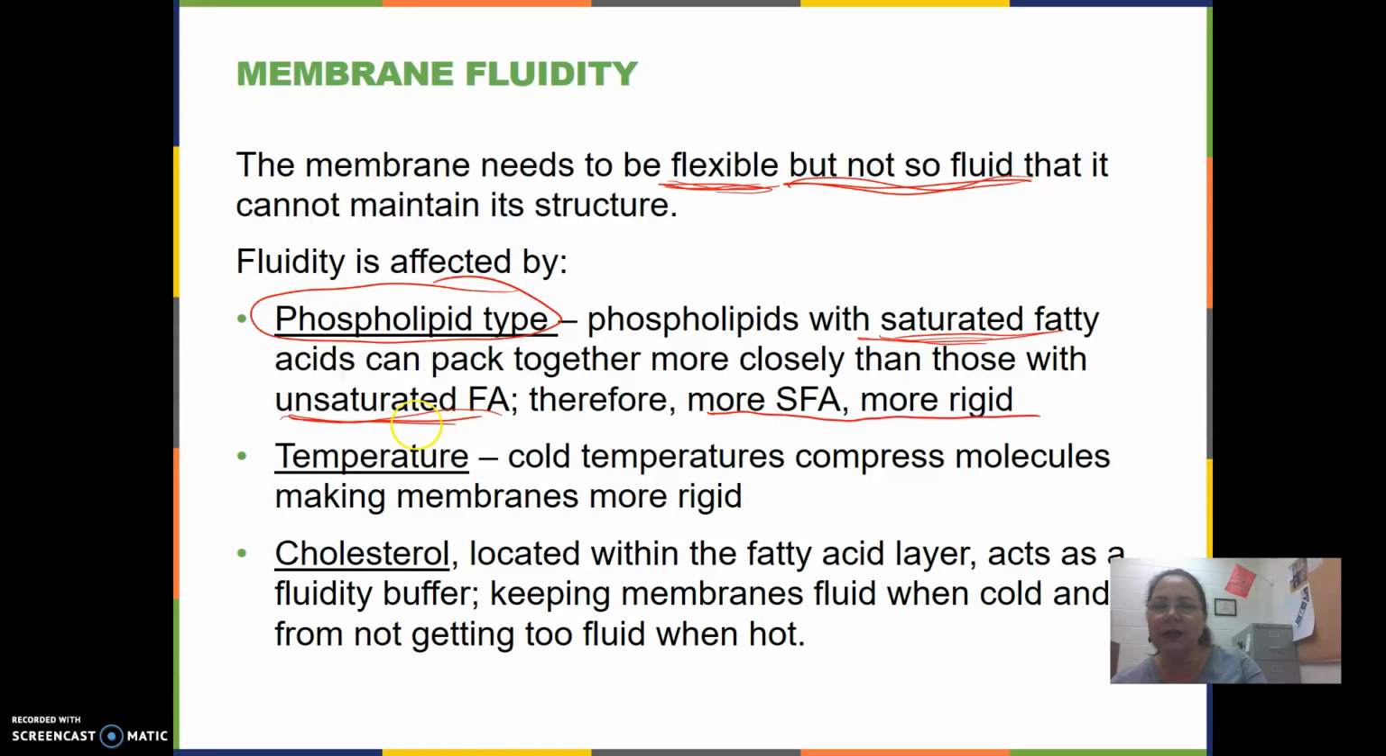The temperature will affect the fluidity of the plasma membranes. If the temperature is cold, the membrane tends to be more rigid. And cholesterol, which is located within the fatty acid hydrophobic layer, the fatty acid tails, will keep membranes fluid when the temperature is cold, and it will keep them from getting too fluid when the temperature